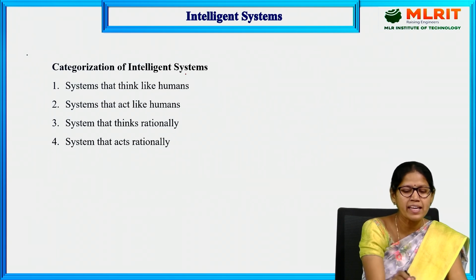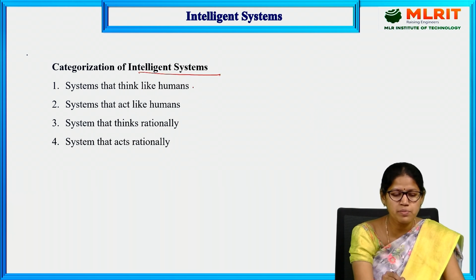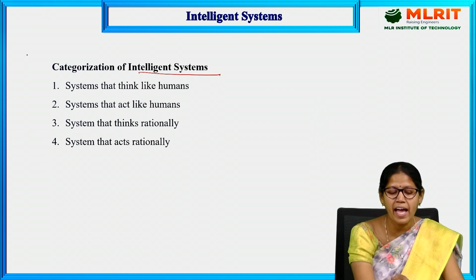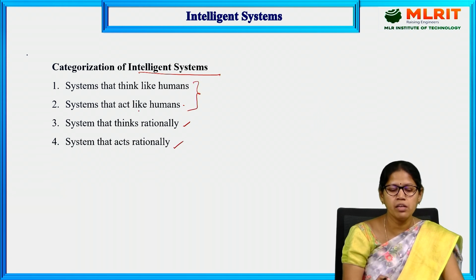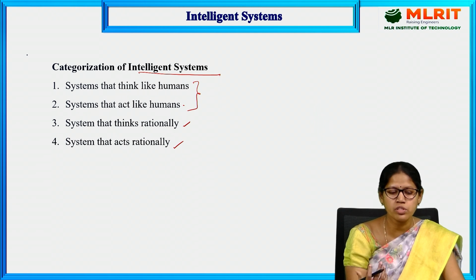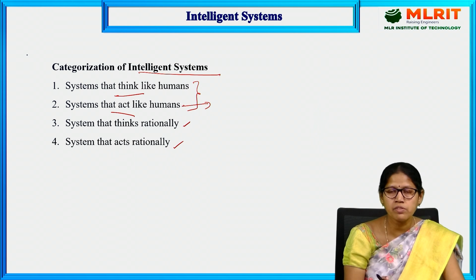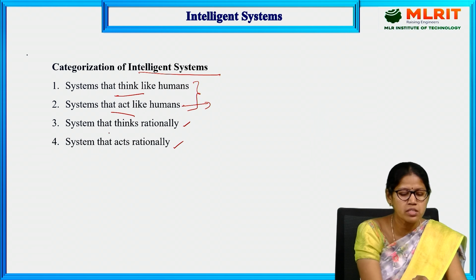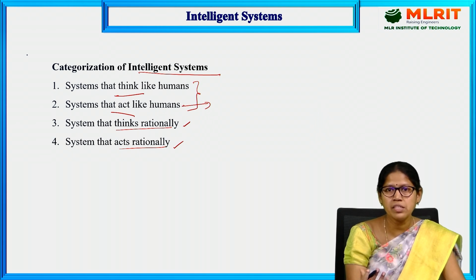The next one is categorization of intelligent systems. These are the four categories: systems that think like humans, systems that act like humans, systems that think rationally, and systems that act rationally. The first two use human thoughts, human emotions, thinking power, and acting. To act like a human, it needs to observe patterns and exhibit the behavior of humans. Next, think rationally and act rationally, which means without any human emotions, it needs to exhibit the performance,